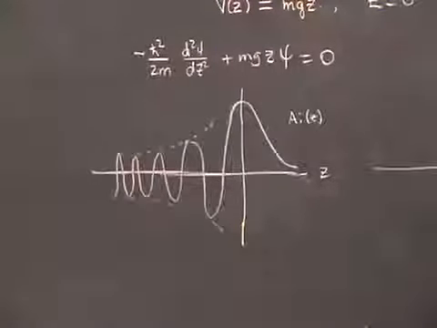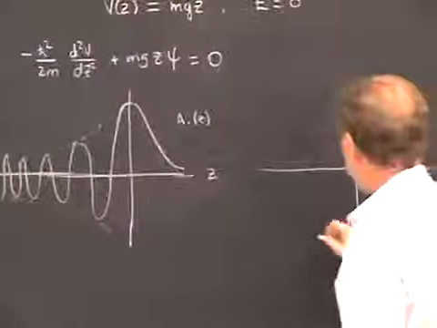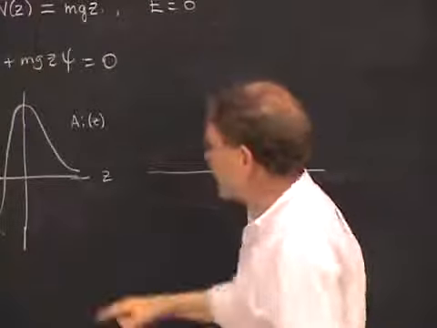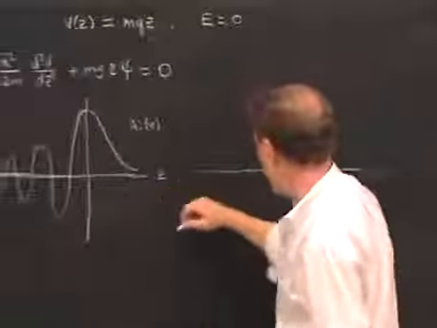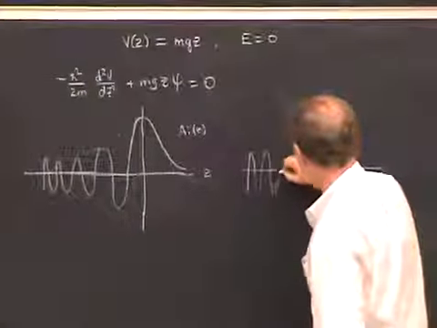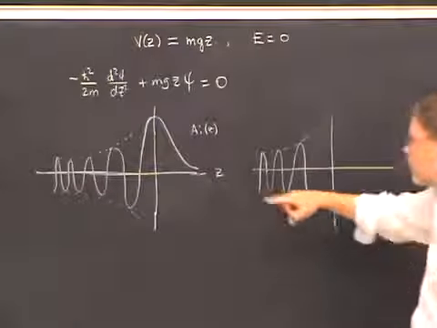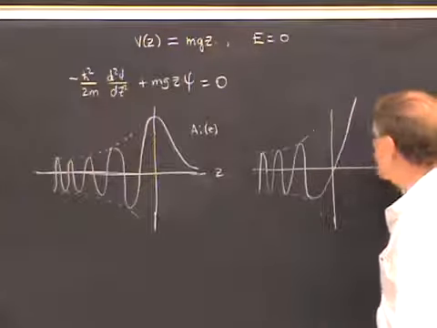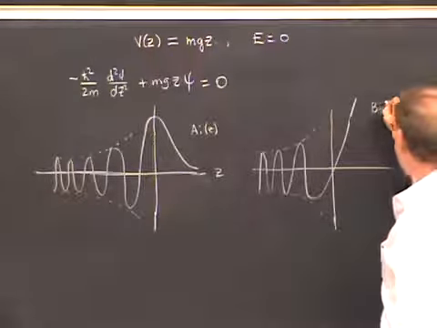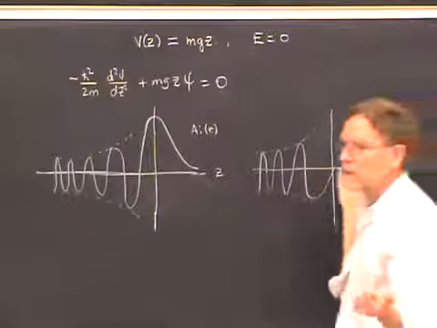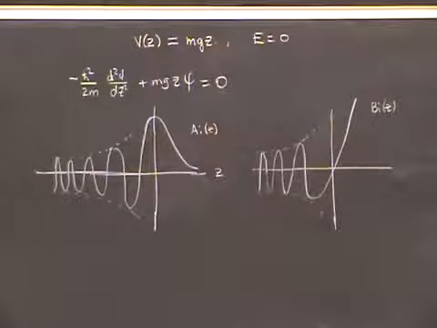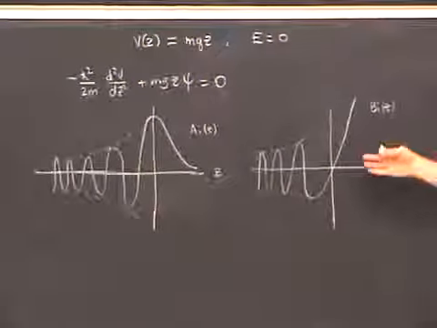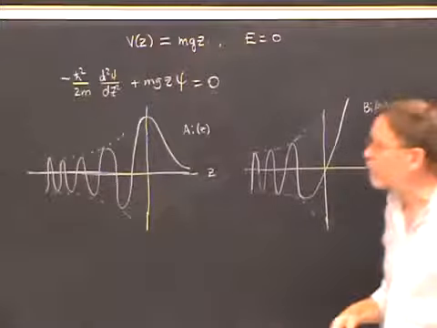Now, as far as the Airy function Bi(z) is concerned, that's the other linearly independent solution, and it also has the same envelope, like this, but the oscillations are 90 degrees out of phase from the Ai function, so I can't really draw them on the board, but they get longer wavelength as you get closer to z equals 0. And then in the classically forbidden region, they diverge exponentially. This is the Bi function, which you would say is the solution that has to be rejected because of boundary conditions for the particle in the gravitational field. But nevertheless, by this physical model, it gives you an idea of what